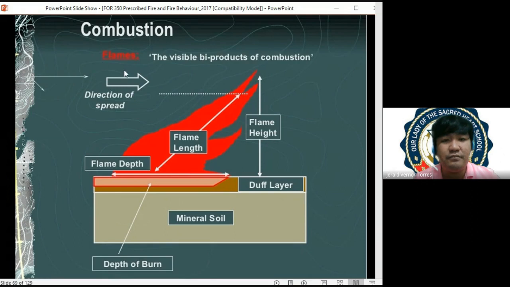Now, when we are speaking of fire or flame, we will expect the following, no? Meron tayong flame, of course, and in flame, we must consider flame length. Lalo na pinag-uusapan natin is wildfire, no? We must consider the flame length, flame height, and flame depth. And talagang sabi ko yung depth, usually nagpe-penetrate kasi yung fire natin in wildfire. So makikita nyo underneath the ground, there is an extension of fire underneath the ground. So it expresses the flame depth na tinatawag natin.